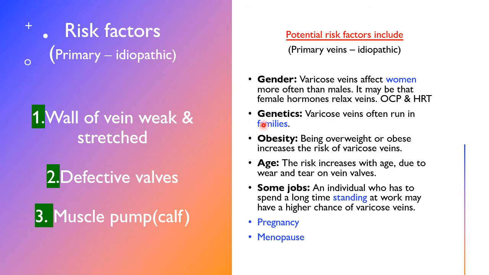Genetics, where varicose veins tend to run in families. Obesity, being overweight or obese, increases the risk of varicose veins. Age, advancing age, due to the wear and tear of these veins, predisposes to varicose veins. And certain jobs, where the individual has to spend long hours standing at work, may have a higher chance